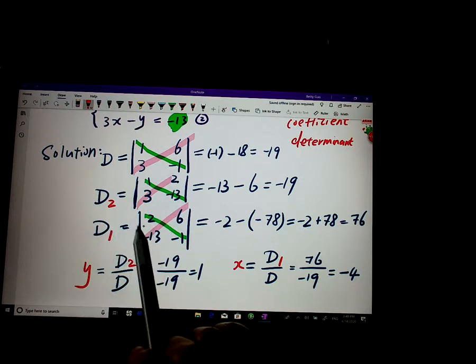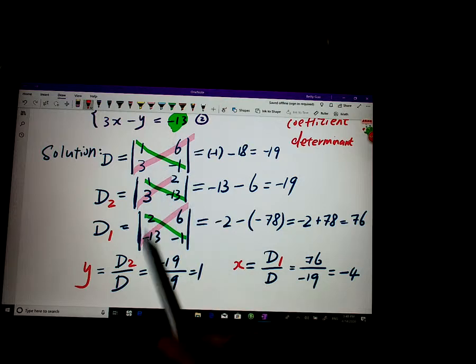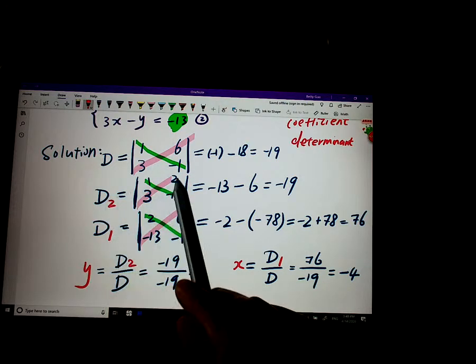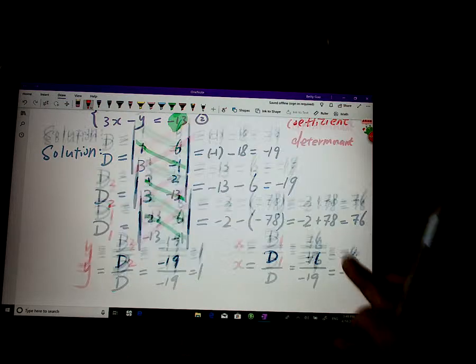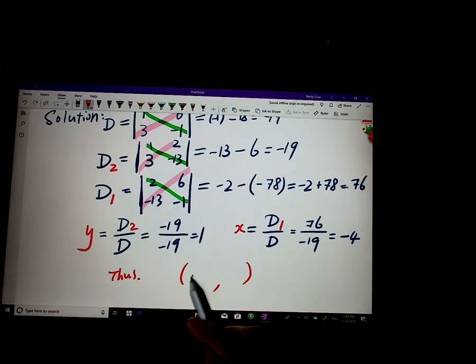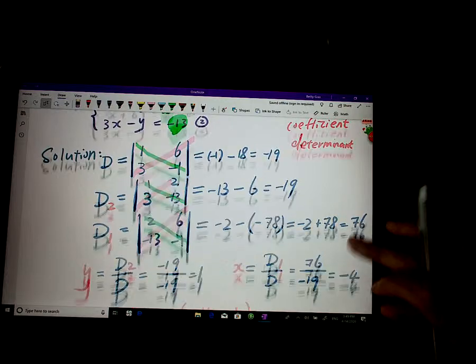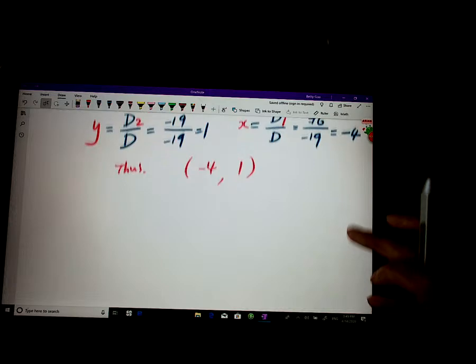Again, when we derive D1 and D2, D sub 1, you use the constant terms to replace column 1. And D sub 2, you use the constant terms to replace column 2. So you can make a conclusion. The solution of the original system is an ordered number pair (-4, 1). So that is Cramer's rule. What if you have a system with three